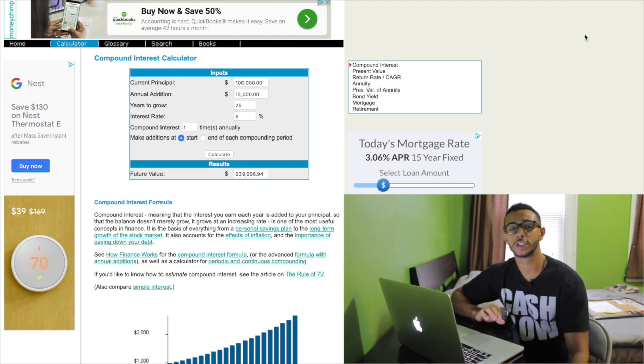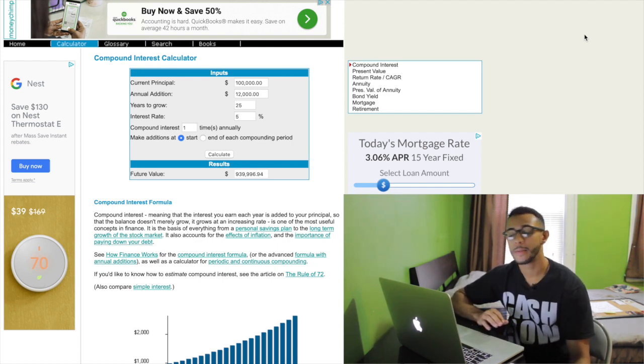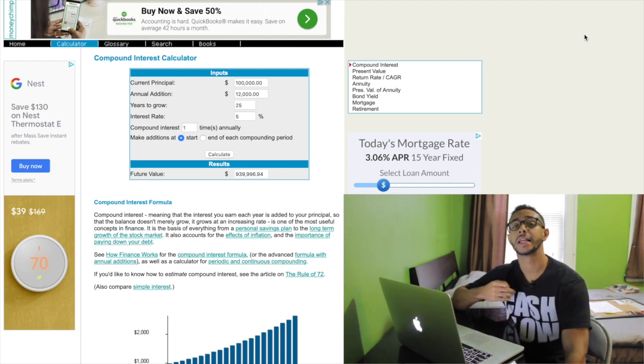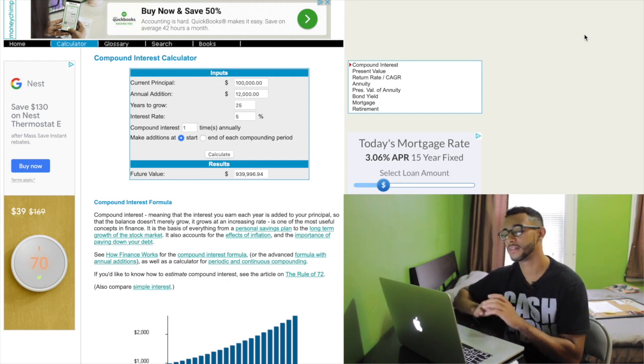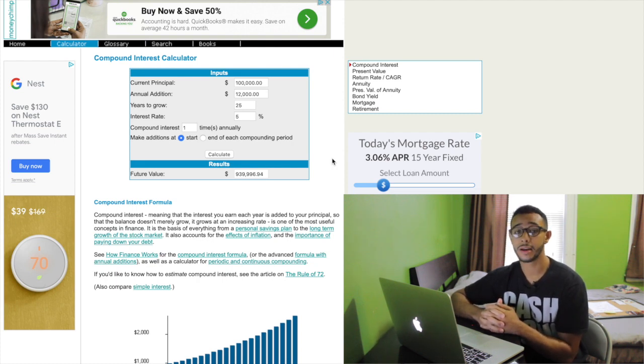Like I said, we should shoot for purpose over passion, because purpose is what's going to last us a lifetime, and the passion possibly could last you a lifetime, but you could be passionate in something else over time. So finding your purpose is very, very important. With that being said, compounding interest is definitely the ninth wonder of the world.